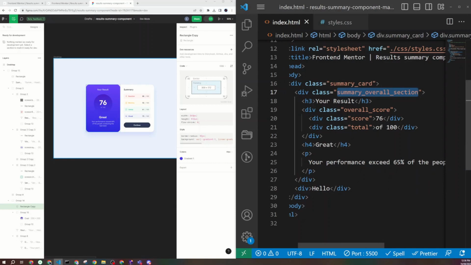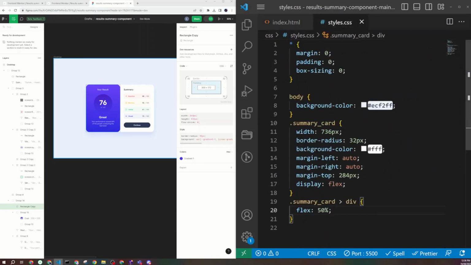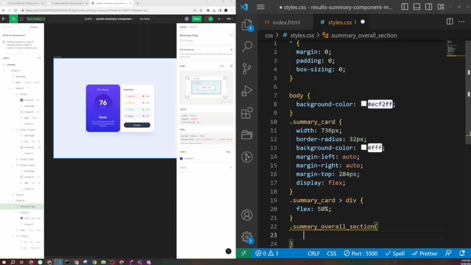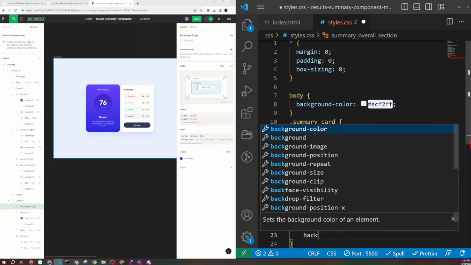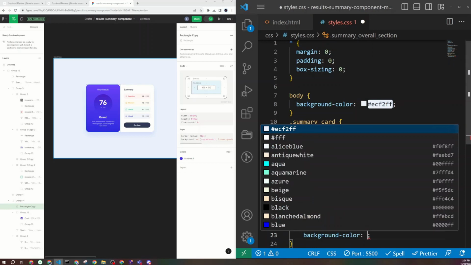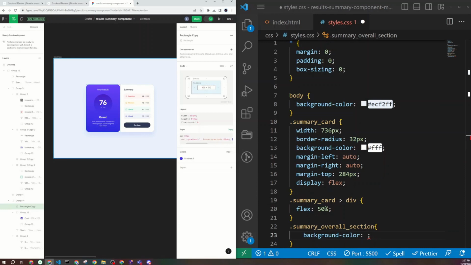So summary overall section, we'll do dot class name again, and let's style it. So first the background color, and you can see here it is not just one single color, it's like some purple and going towards blue, and that's called gradient color. And the way you do that here is already helping me in Figma. It's saying it's a linear gradient. So we can do like this,